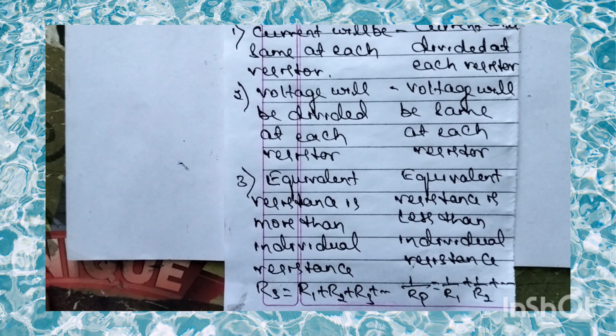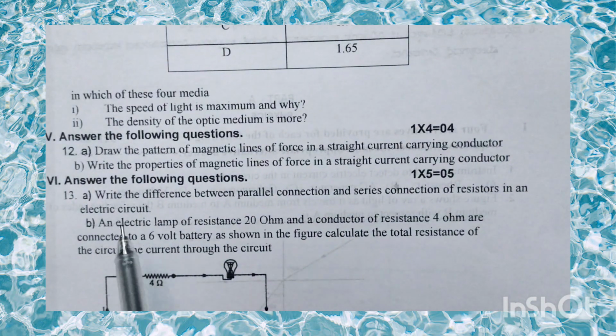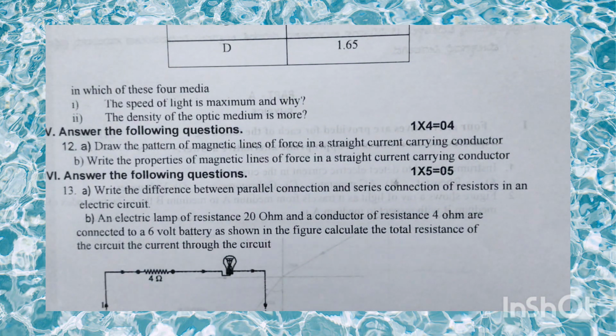Now let us move for the numerical. So 13th B question. So it is like this. An electric lamp of resistance 20 ohm and a conductor of resistance 4 ohm are connected to a 6 volt battery as shown in the figure. One, calculate the total resistance of the circuit and the current through the circuit. So we have to find out two things. One is we have to calculate the total resistance and we have to calculate the total current. So now let us